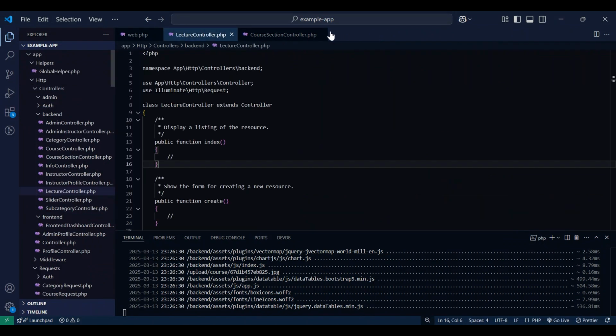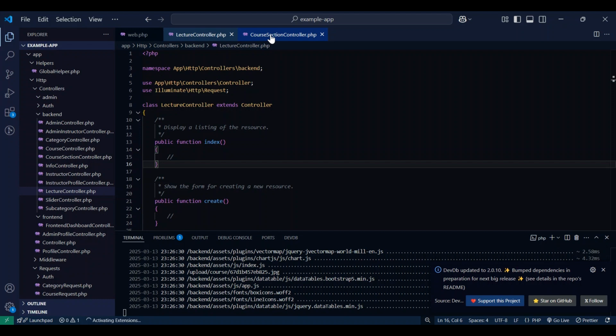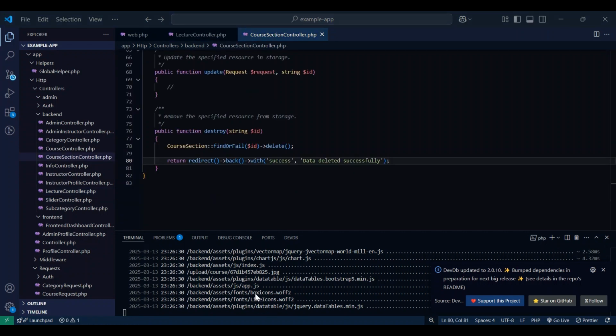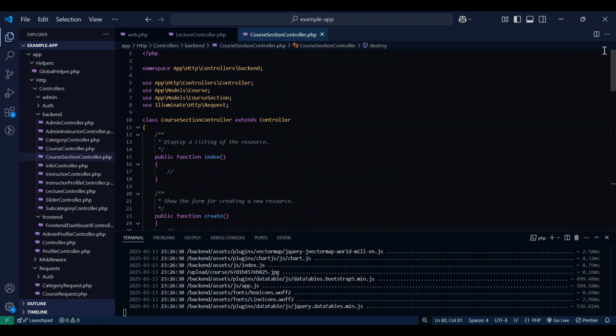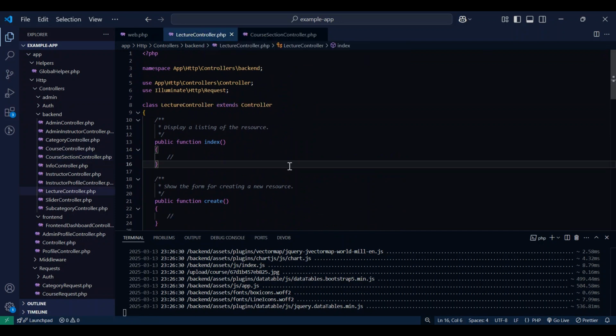Better to clear all of these files, and the lecture controller and course controller should stay here. Okay, this is our lecture controller, and all of this work will be in the lecture controller. Initially, you will understand what approach I will apply: we first of all create a service and a repository, and then